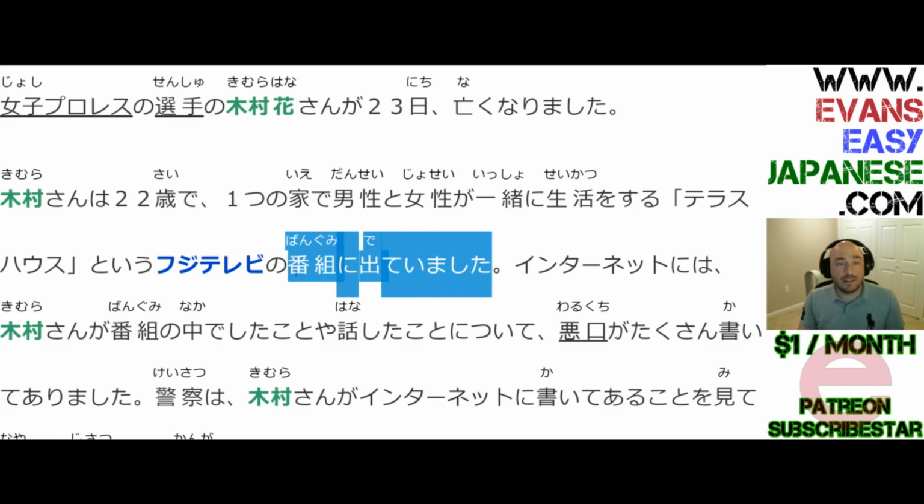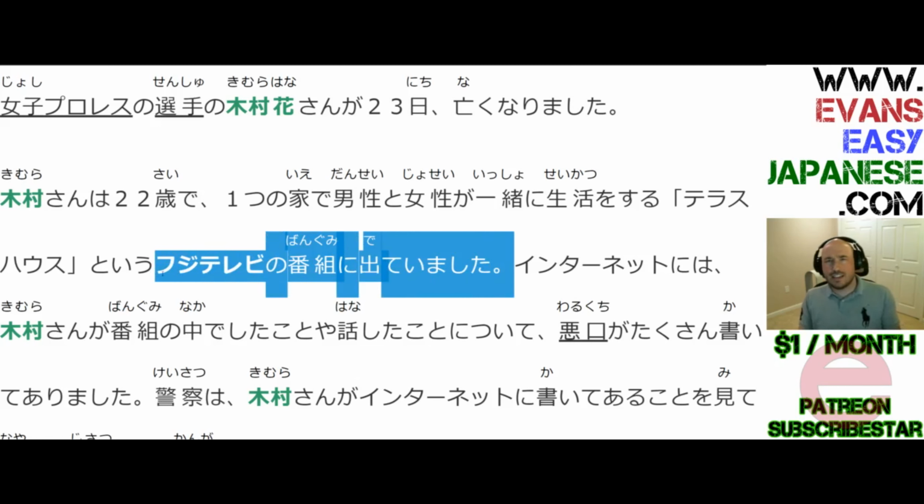She had been appearing on a bangumi, a TV program. That's what these bangumis are. Programs, television programs, in case you're not fully on online stuff yet. Fuji Terebi no bangumi, a Fuji Terebi. This is Fuji. It's a channel. It's one of the channels in Japan. The Fuji Television, Fuji TV, over in Japan. Fuji Terebi no bangumi ni detemashita. So she appeared in a Fuji Television TV show. This is like, I don't know, CBS or NBC or something like that over there.